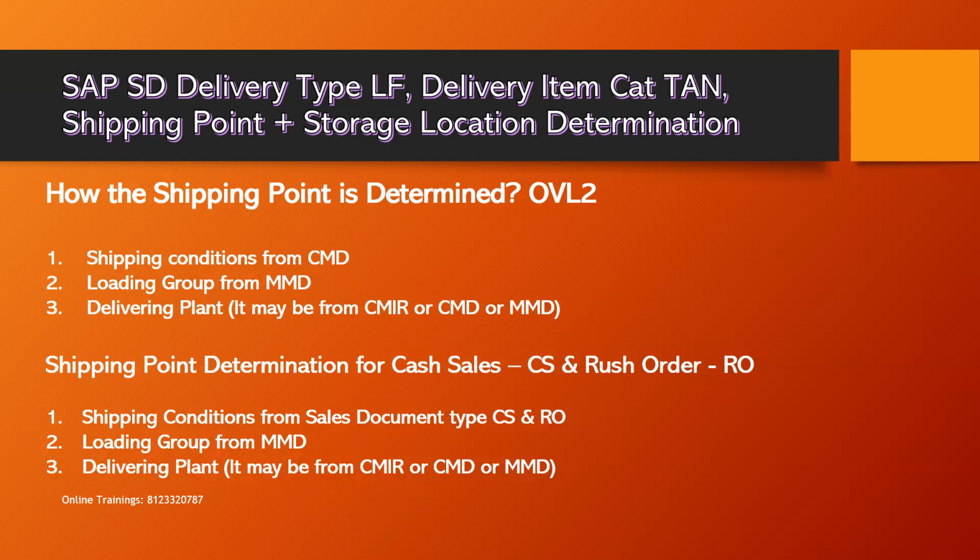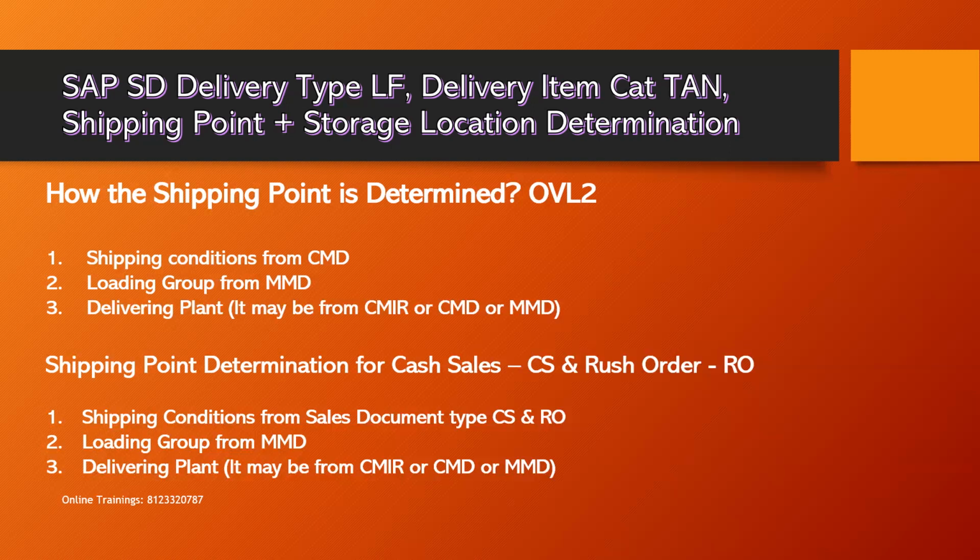rush order. Then followed by the loading group from the material master data, and the delivering plant from the customer material info record, customer master data, or material master data. So in this, I would like to highlight one more point here. Please remember,